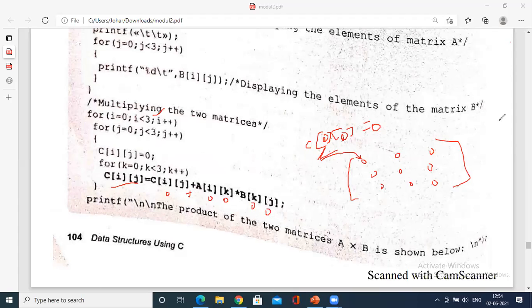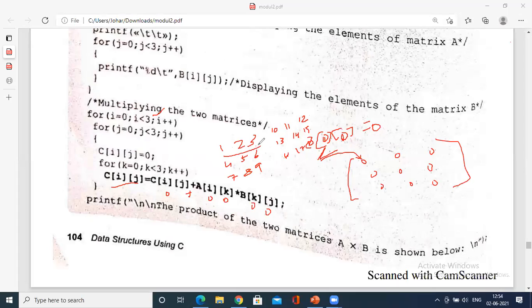So if I want to show, the first matrix is 1, 2, 3, 4, 5, 6, 7, 8, 9, and here you have 10, 11, 12, 13, 14, 15, 16, 17. Well, I can show you the tracing separately.